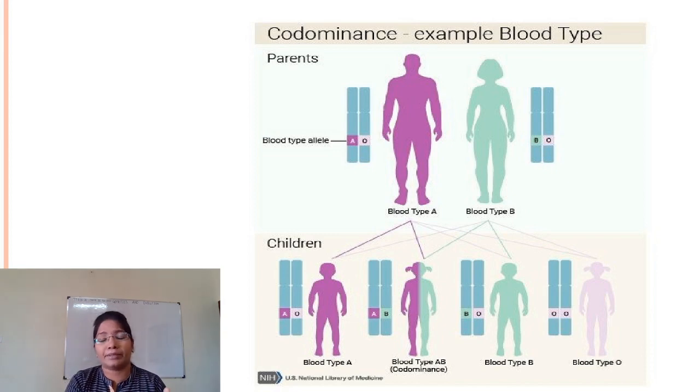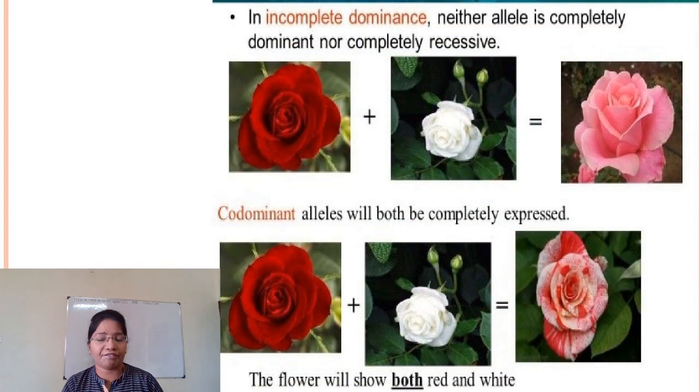Whenever a cross is made between a parent having blood type A and a parent with blood type B, in the next generation the children may have blood groups A or B or AB or O. That means the alleles they inherited are expressed together, which is the term codominance. And if we compare incomplete dominance with codominance, the basic difference is that in